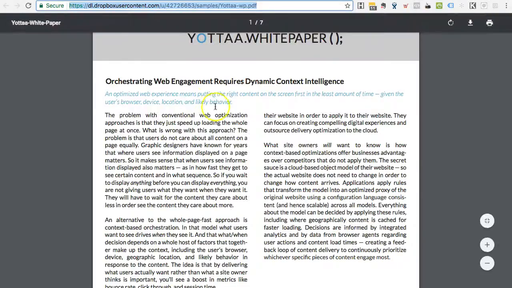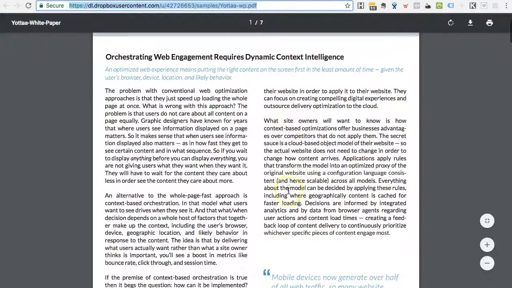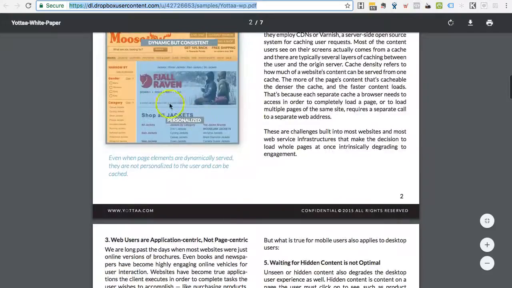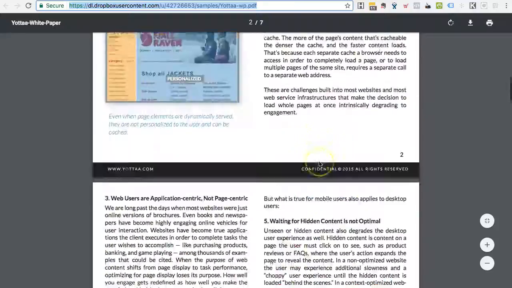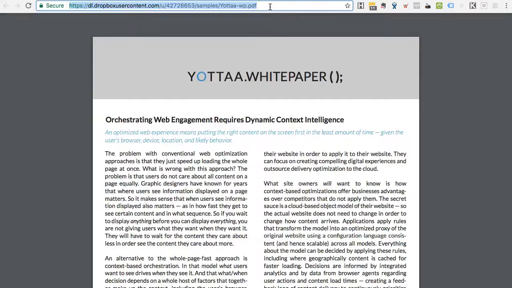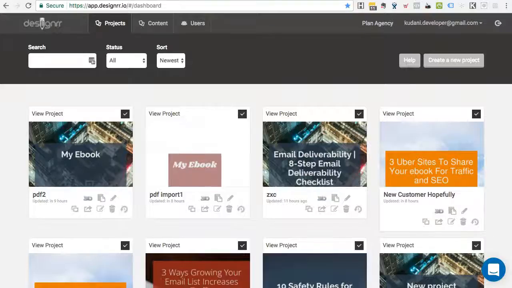I've literally just picked a white paper I found on the web. This isn't mine. We're just using this as an example. You'll see it's just a 2-column technical white paper with a couple of images in there. Okay, so what I'm going to do is take that link and